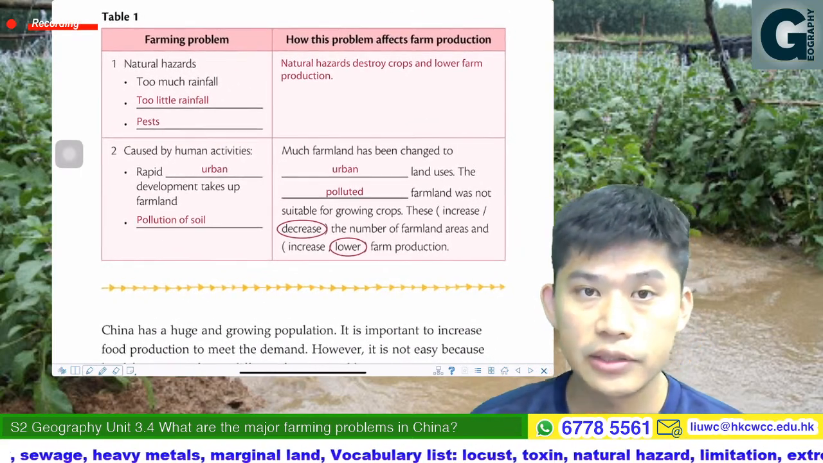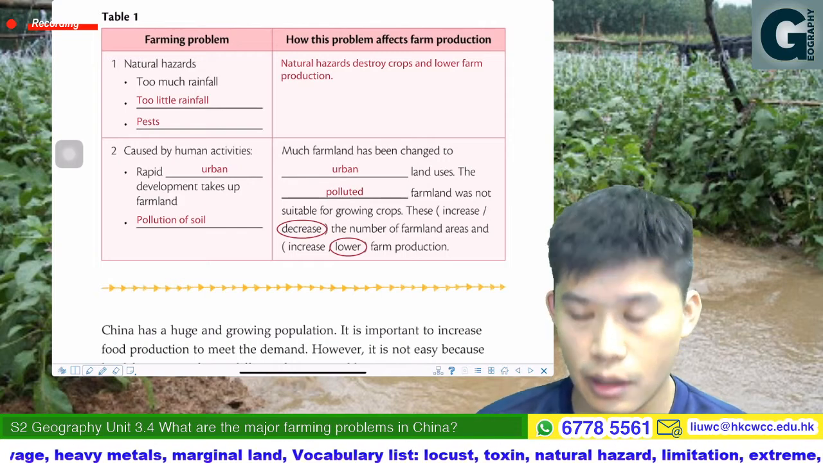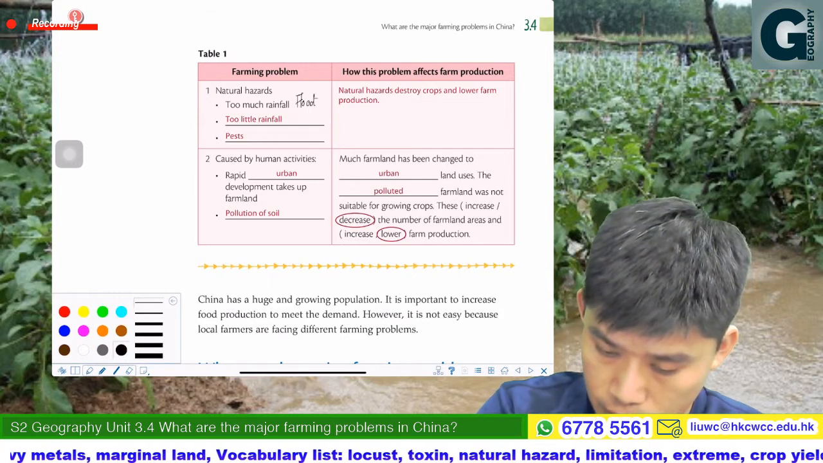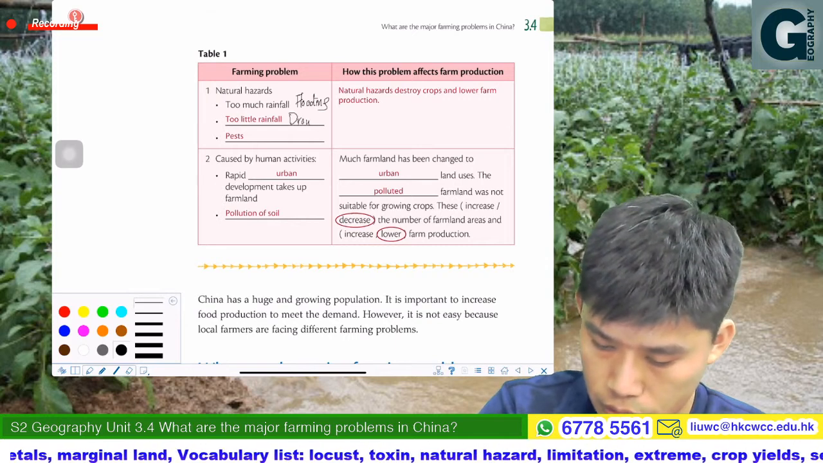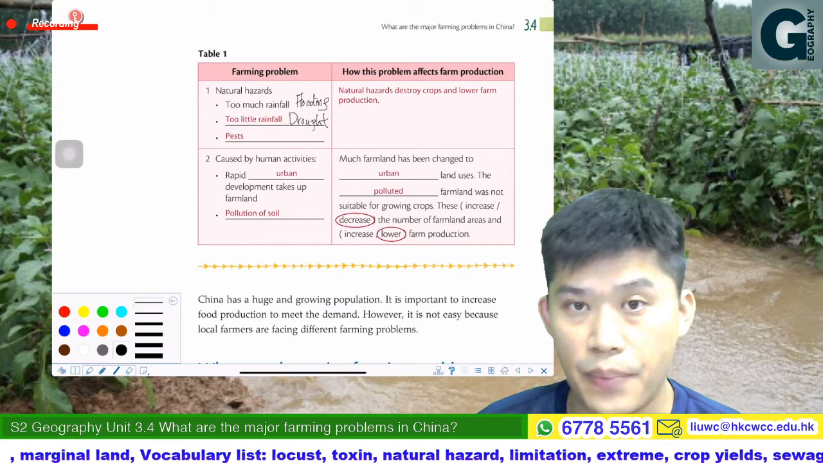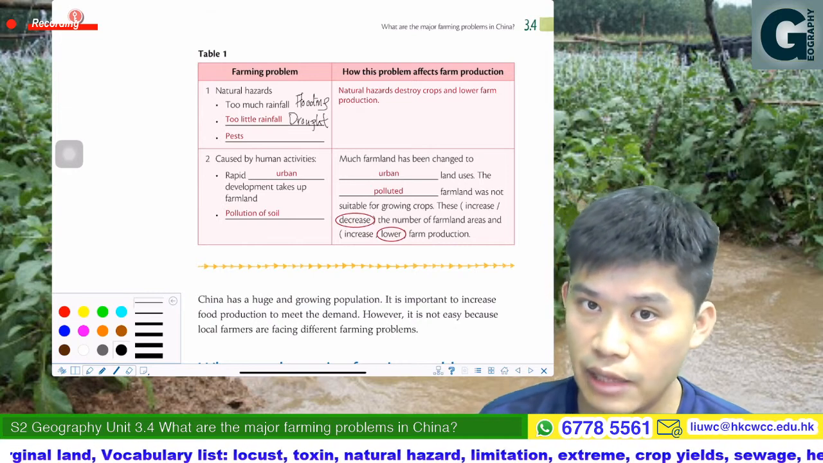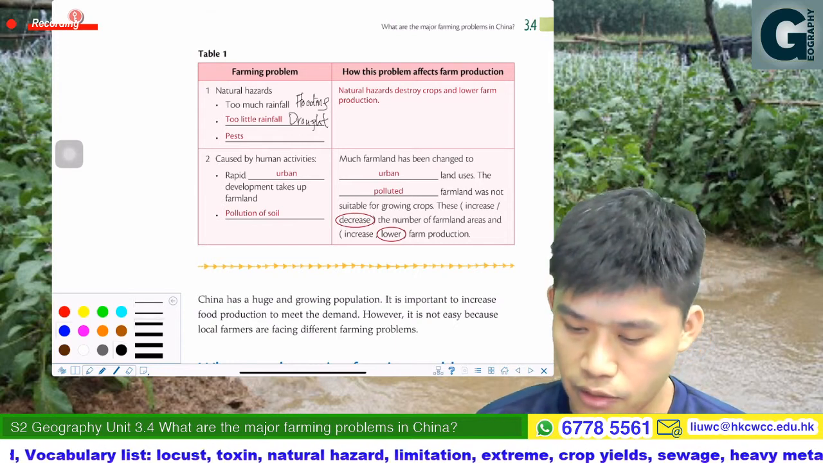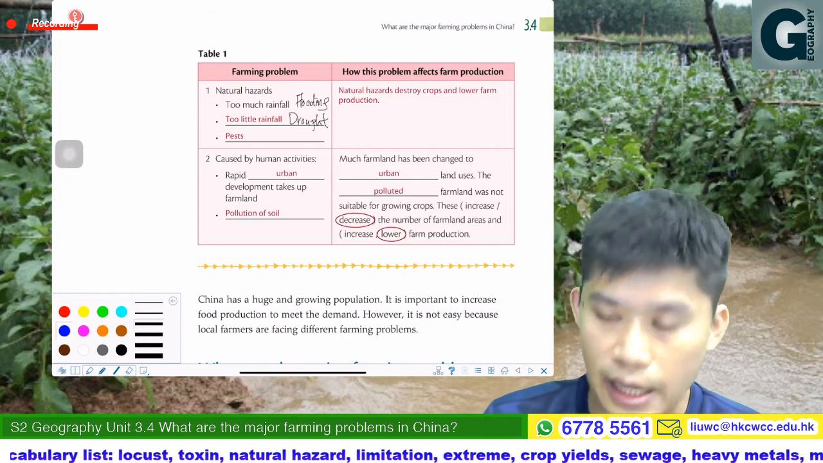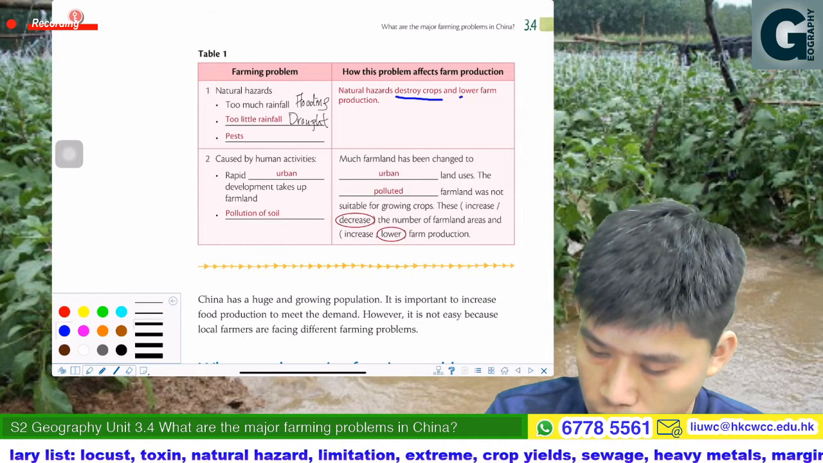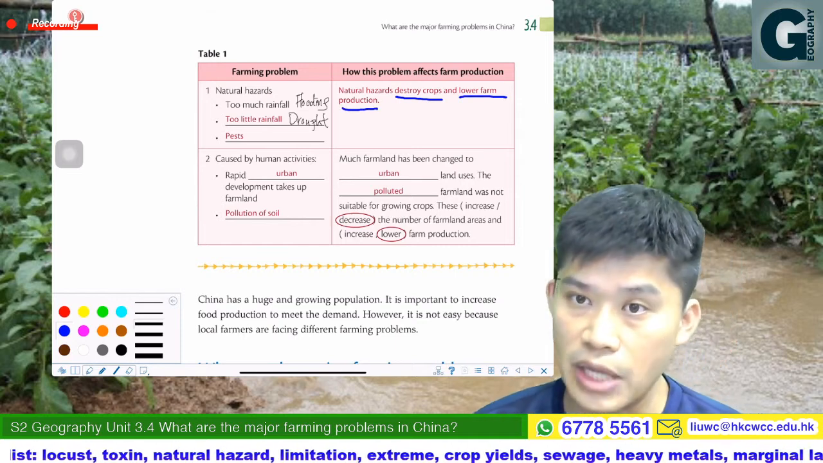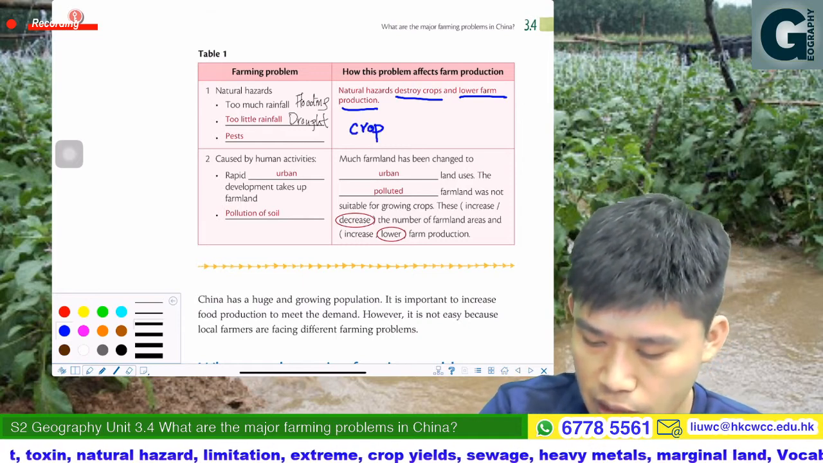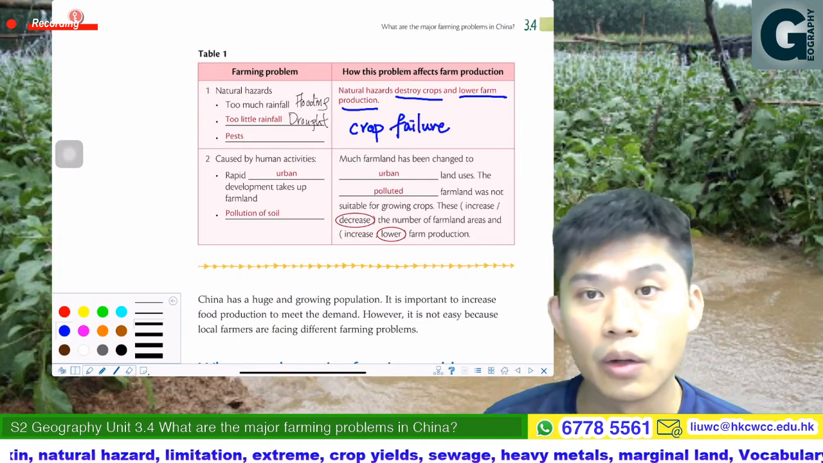Okay, so that is what we have mentioned before. Too much rainfall will lead to flooding, too little rainfall will lead to drought, and pests. Rapid urban development takes up farmland, and also pollution of soil may affect farm production. Natural hazards destroy crops and lower the farm production. Sometimes we may say, I hope you still remember the term we have studied before, crop failure, 農作物失收啦,